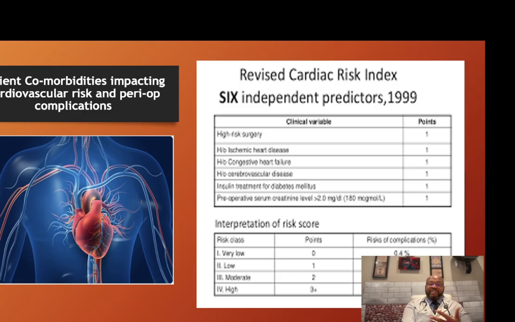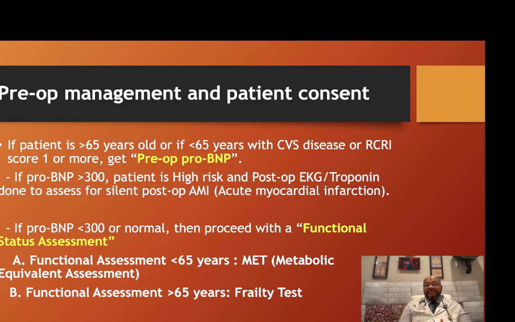So we try to put this all together to inform the patient so that they can make an informed consent. If a patient is more than 65 years old, or less than 65 with cardiovascular disease or a risk score of 1 or more, then you need to get a pre-op pro-BNP. The pro-BNP is a rough way of estimating the stress on the heart already, or some underlying heart disease. If the pro-BNP is more than 300, the patient is high risk for a cardiovascular event,